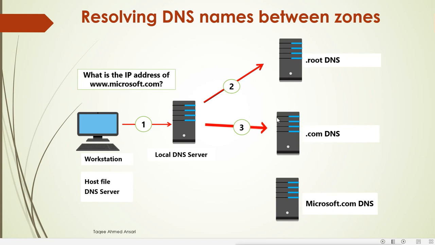So it will try to see whether it has any information about that Microsoft domain. Now how does the information about Microsoft come here? It comes when we register the domain. That means when you want to start your website or your domain, if you want your domain to be accessed from the internet, you have to register your domain.